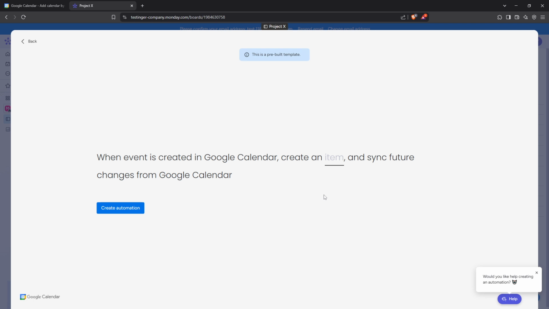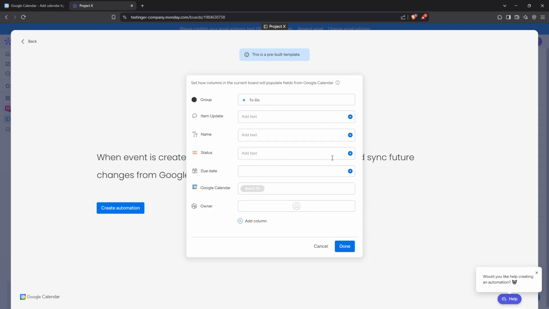Some templates come with additional features, allowing you to map specific details from your Google Calendar events with the columns on your Monday.com board. For example, you can have the start time, end time, and event description from your Google Calendar automatically filled into the columns on your board. This feature is particularly useful for projects that require precise scheduling and detailed task descriptions, providing a comprehensive overview of